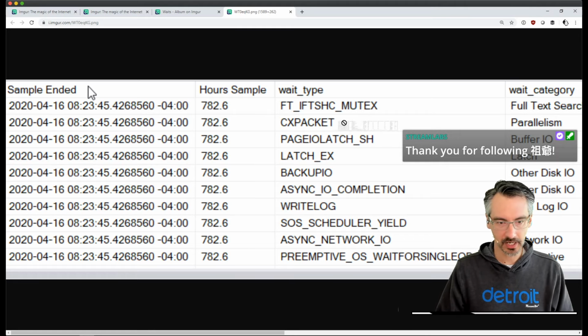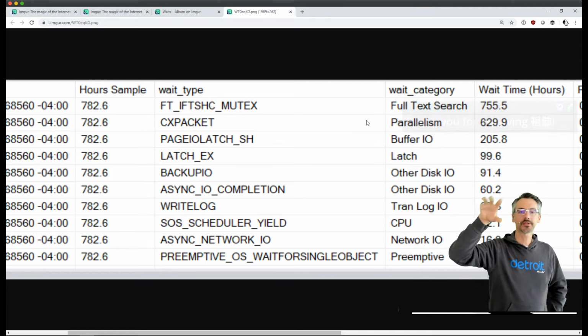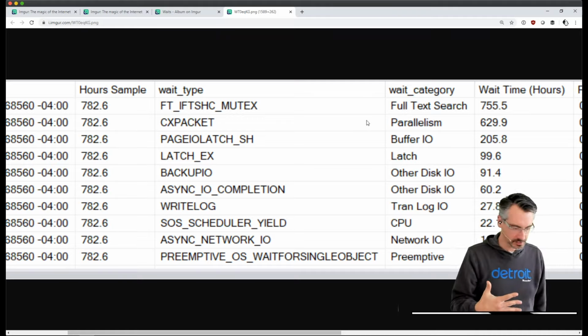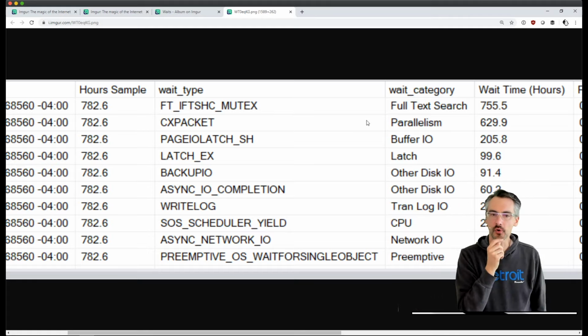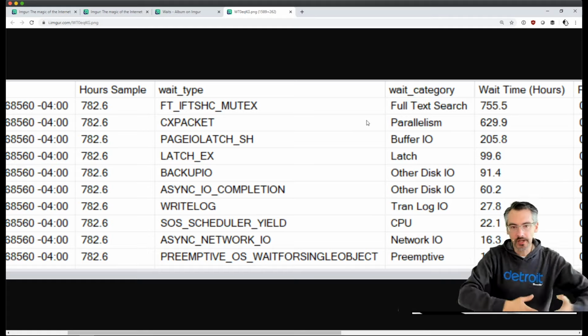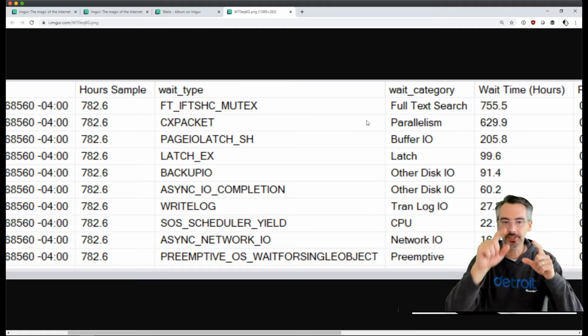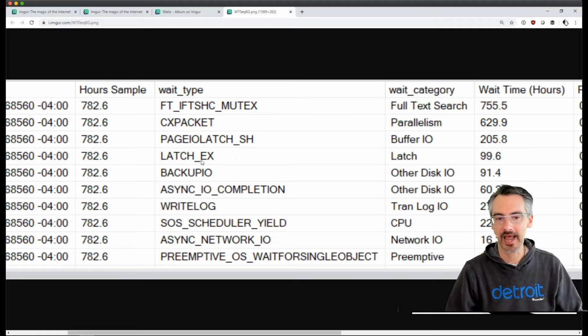Greg has, in about, let me move this thing around here. So Greg has, the top weight is ignorable because it's just about 1-to-1 with clock time. I'm not too worried about it. The second two indicate that we're probably on an older version of SQL Server, either unpatched 2016 or 2014 or prior, and queries are going parallel to read a lot of 8K pages. This is especially true because of the fourth weight inside here, latch EX.